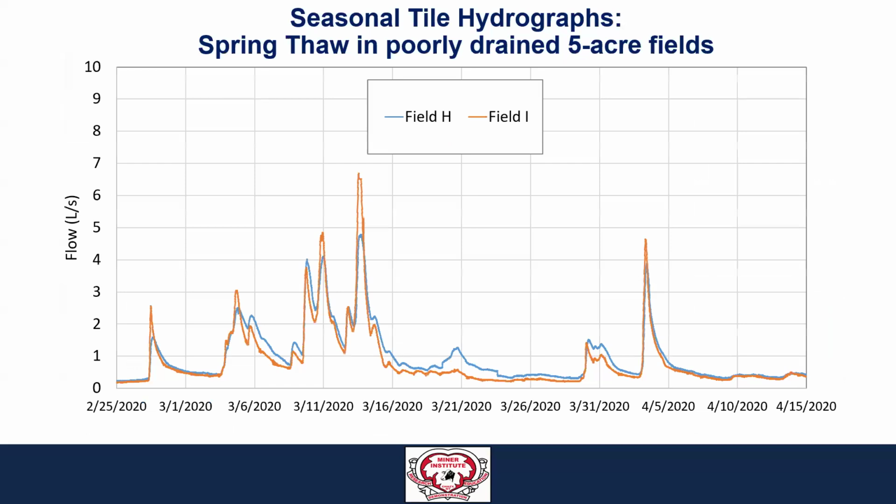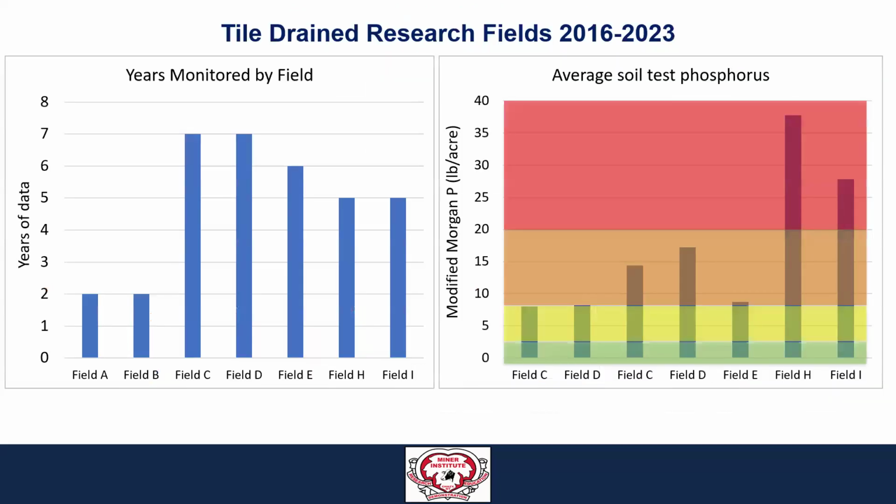So here we can see flow in liters per second, for two of those fields again. What we can see is a spring melt event where, generally speaking, the water that we have to manage is very episodic. We can jump up to 2, 4, 6, 7 liters per second. But generally, those peak flows only occur on the order of several hours, maybe half a day,